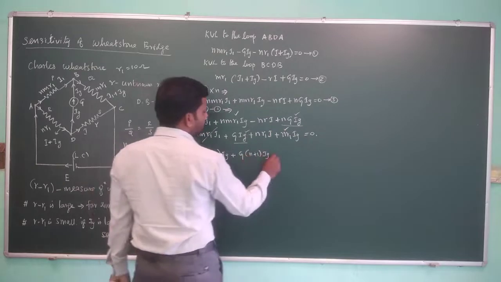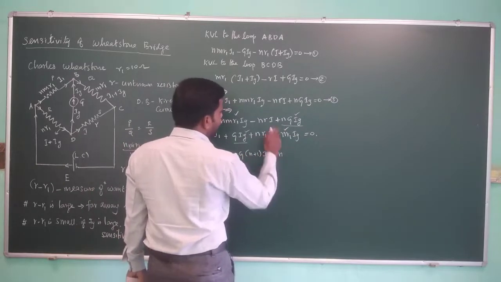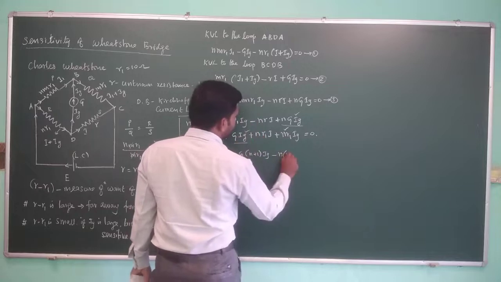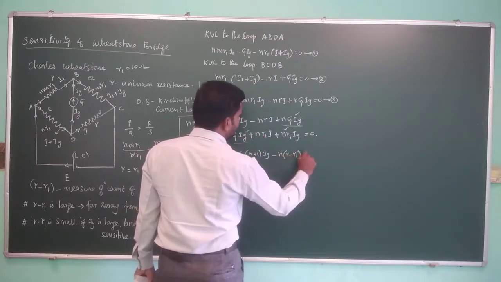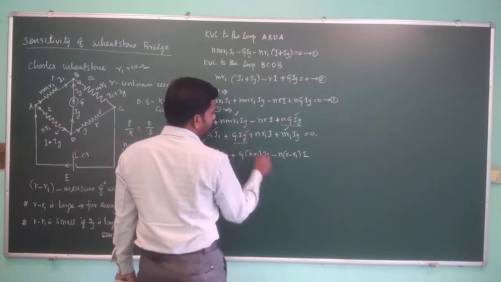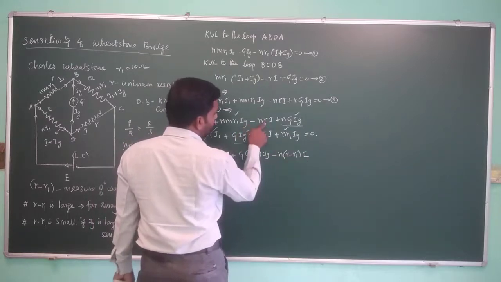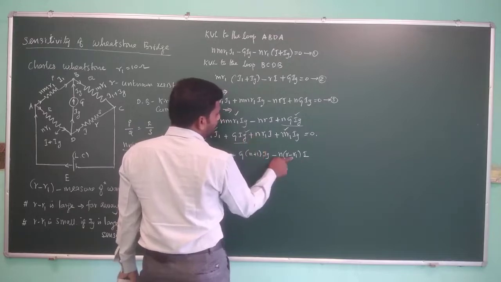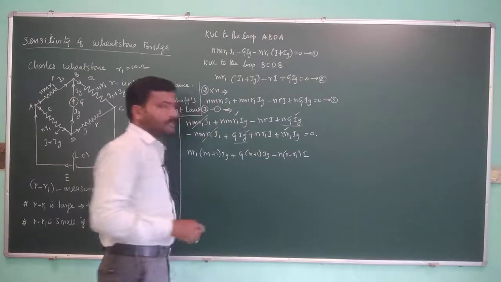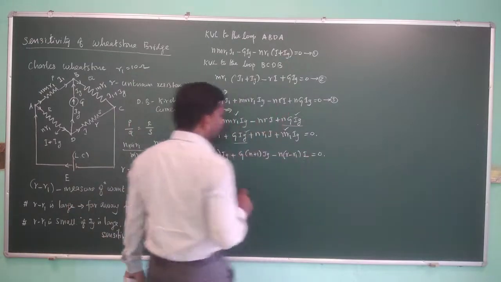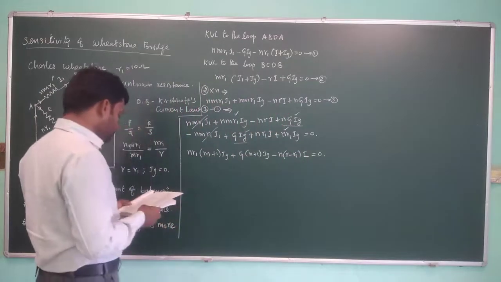In this case, let's take minus n and I out. In that case, if you take minus n, it becomes (r minus r1) I. So if you take minus n, in this term, minus n comes out, I also comes out, remaining is r. Here if you take minus, there will be another minus inside, so that minus r1 here, right? So this is the case, and this is equal to 0, and this is equal to 0.